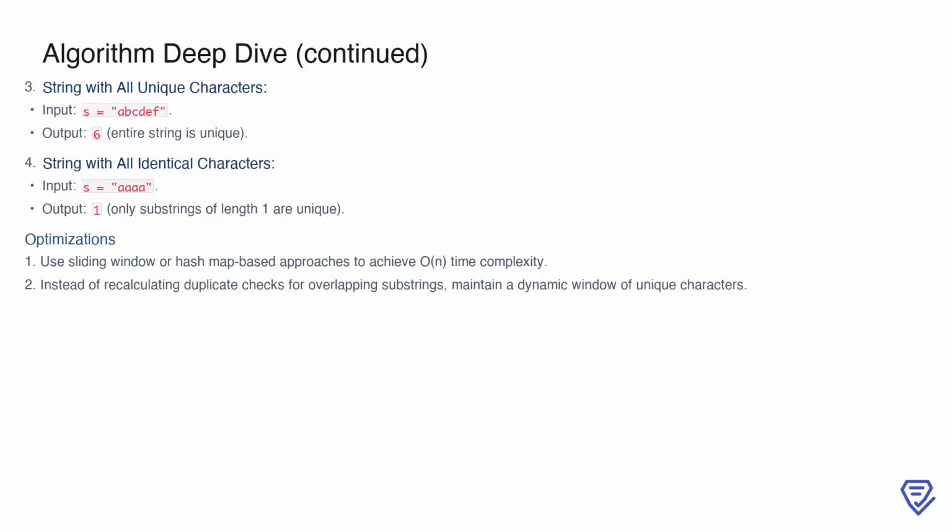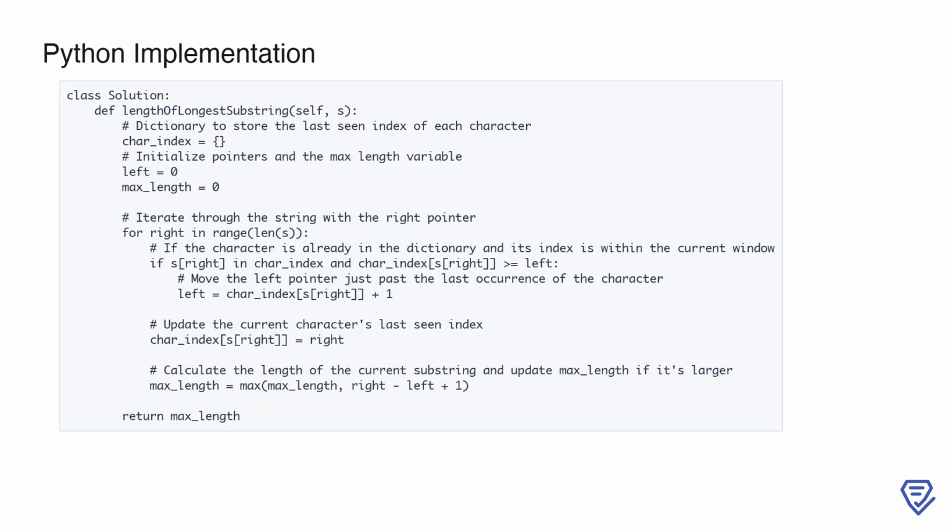To improve efficiency, we can use optimized approaches such as the sliding window or hash map. These methods maintain a dynamic window of unique characters, eliminating the need to repeatedly recalculate duplicate checks for overlapping substrings. By adopting these techniques, we can reduce the time complexity to O(n), making the solution far more scalable for larger inputs. This implementation efficiently solves the problem of finding the length of the longest substring without repeating characters using the